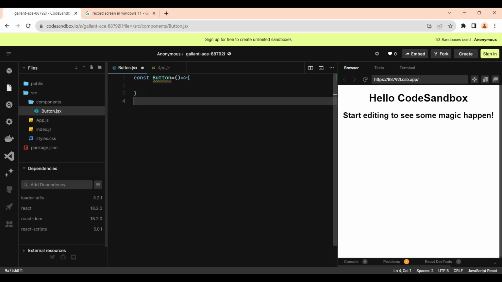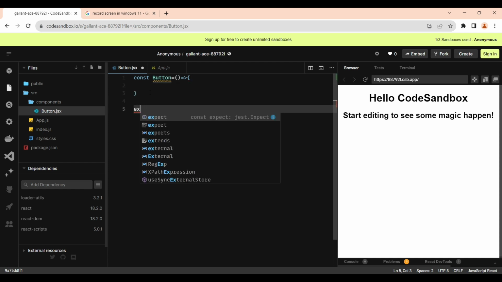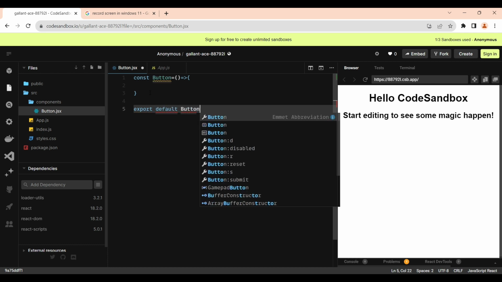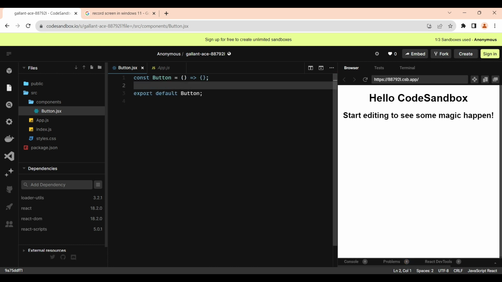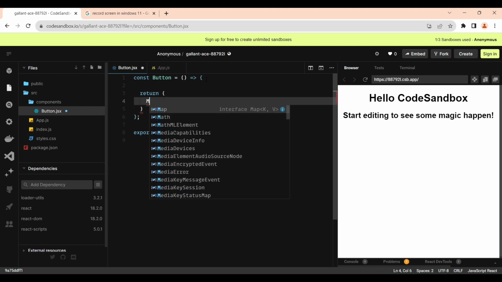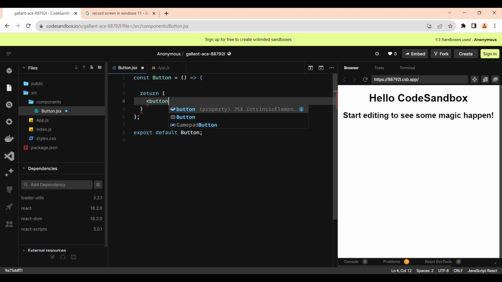In the button component we will return a simple button element. Here we have used an arrow function to create the button component. You can code along with me to create a button component where we return a single button. First we will create a static button which will just display a simple text called first button, and then